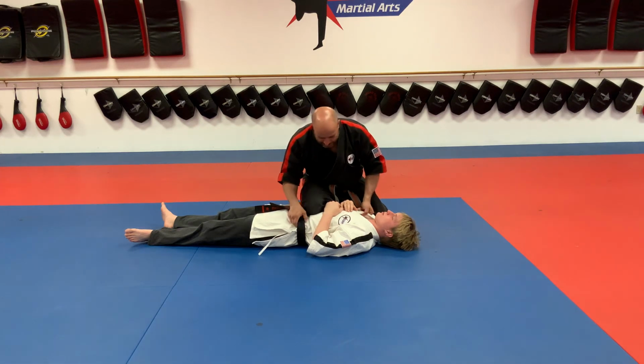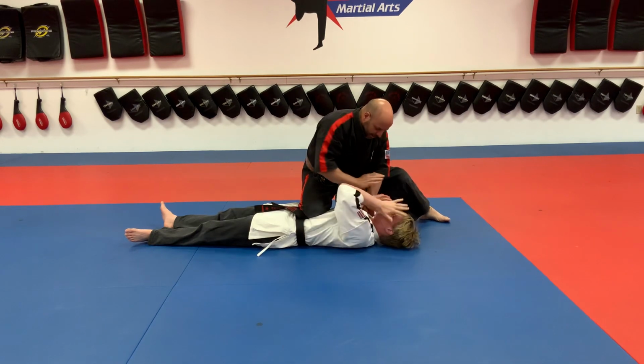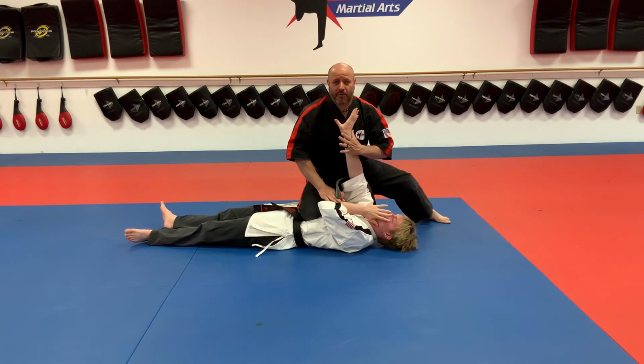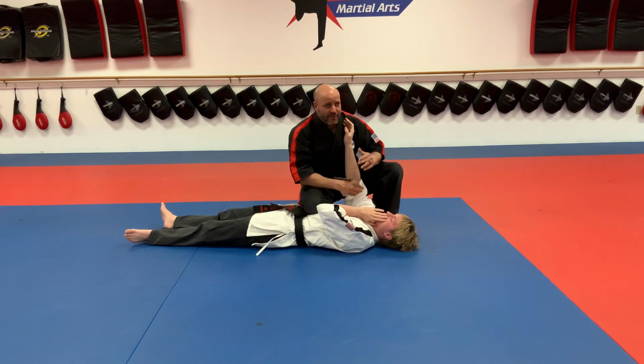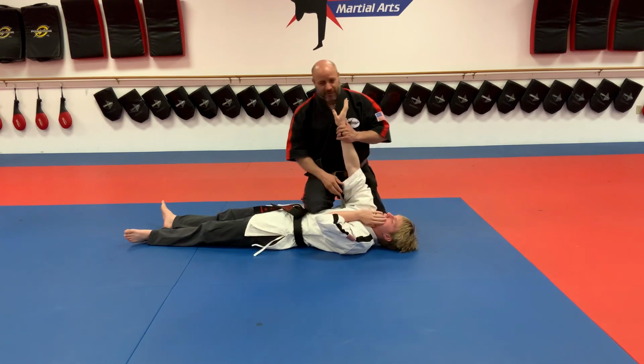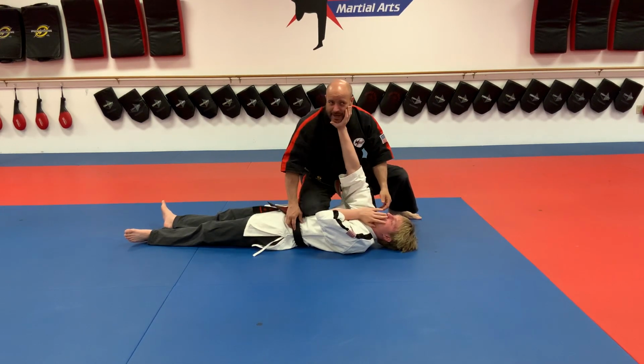One thing that's going to happen is when I'm in this position, if I start grounding and pounding from here, he might start extending this arm to push away. Yesterday I asked you to think about this arm. If he pushes this arm up on my chest like this, or at my face like this as I'm pounding on him,